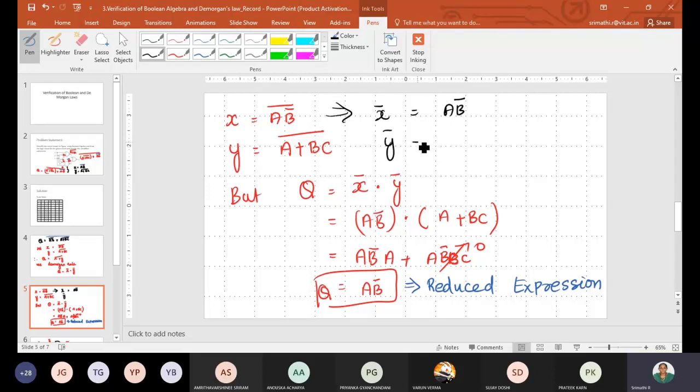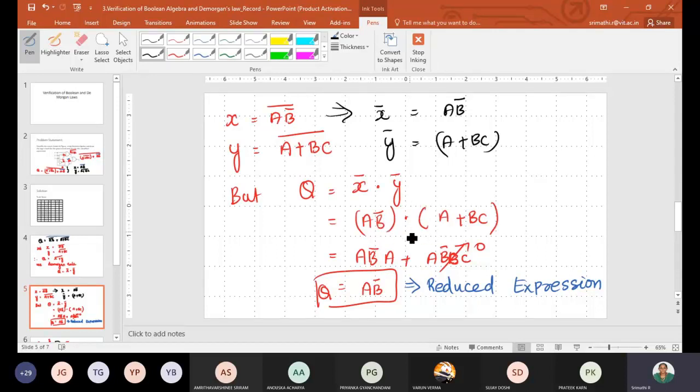Similarly, Y bar is nothing but A plus BC. So Q is equal to X bar plus Y bar, and I have substituted X and Y.